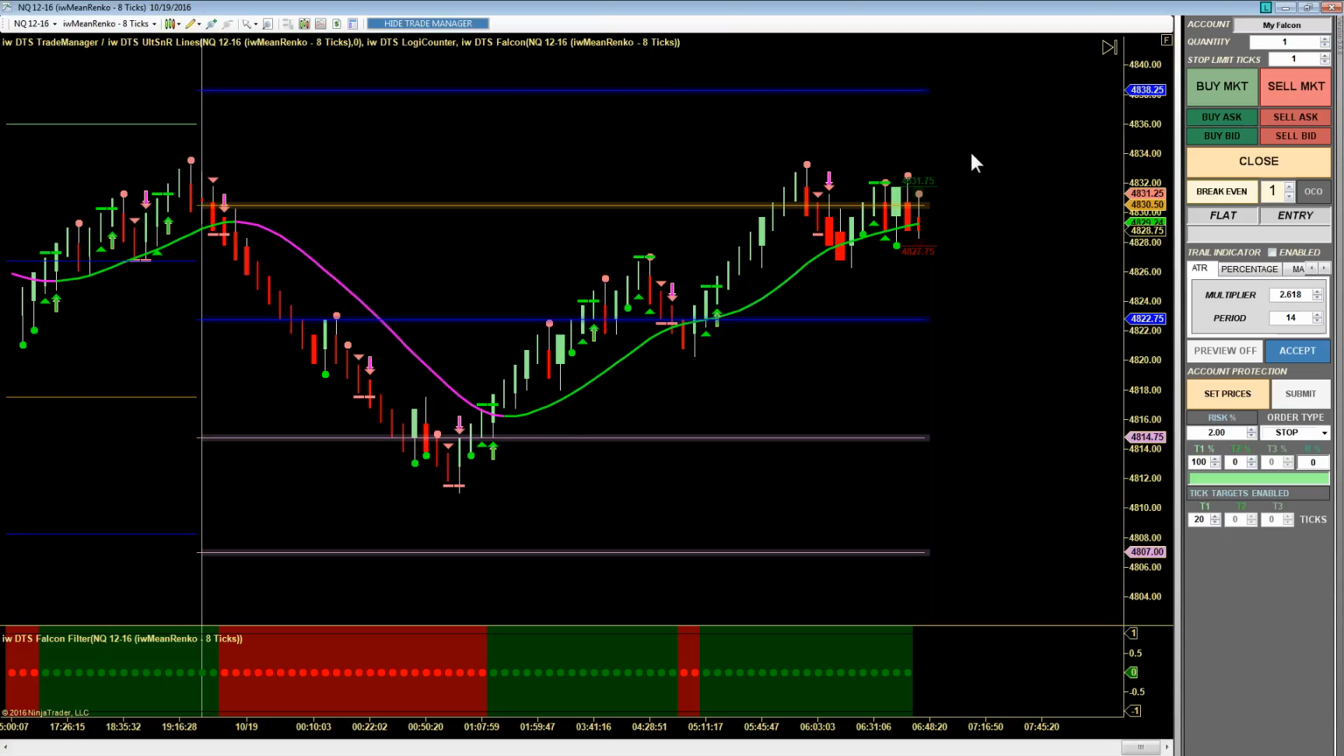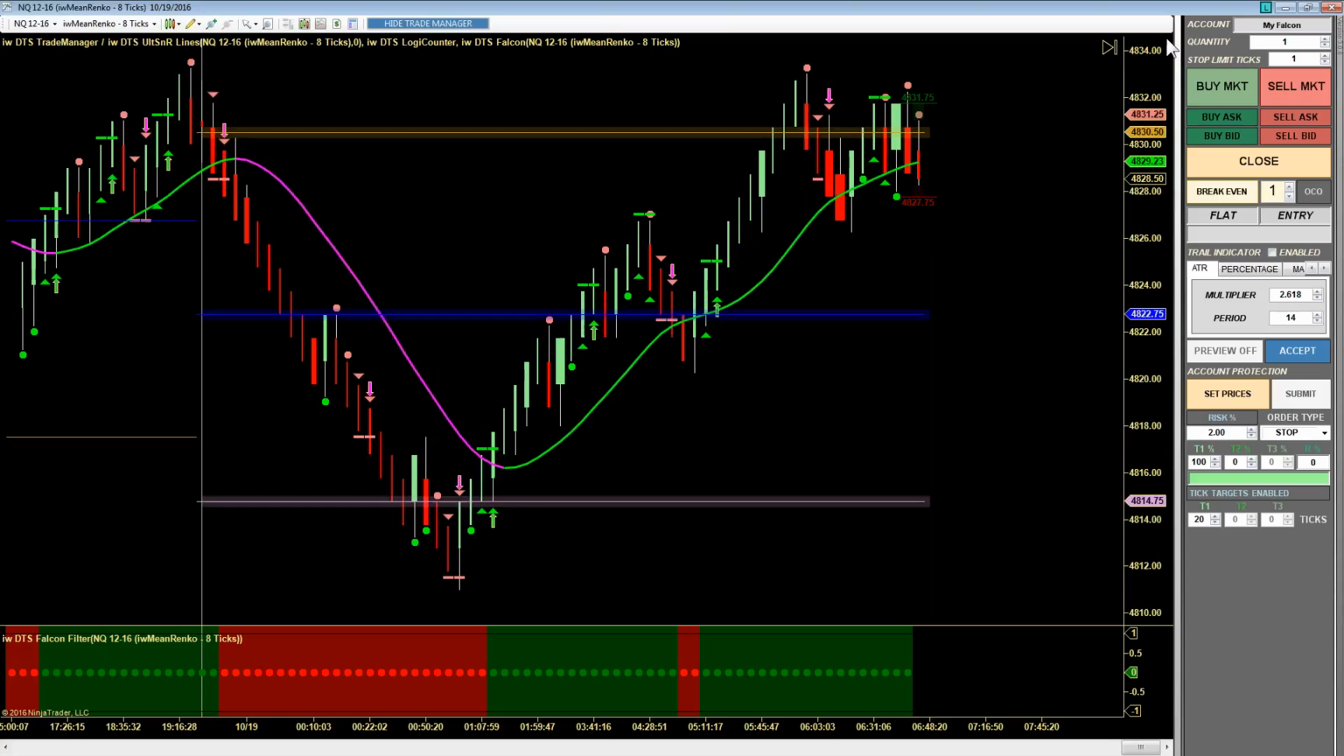The Falcon Swing Trader pays a lot of attention to this trend line that runs through here. When the trend line is red, we're looking for sell signals. When the trend line is green, we're looking for buy signals. In most instances, we're also looking for confluence. So that means we would like to have a green trend line, a green signal,